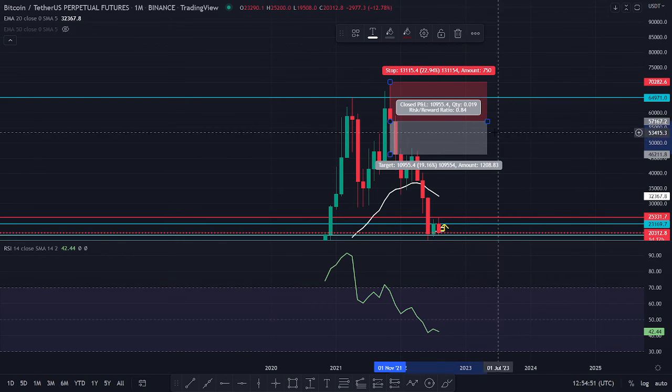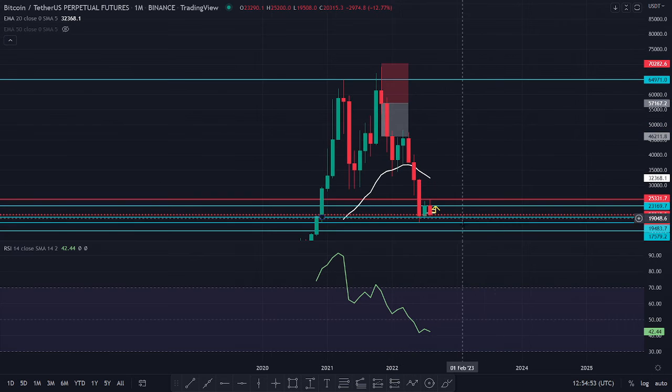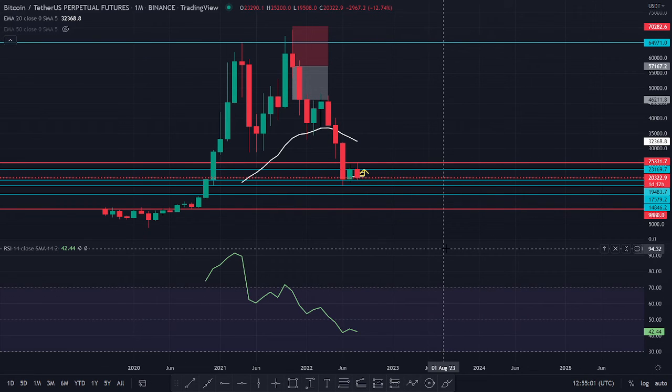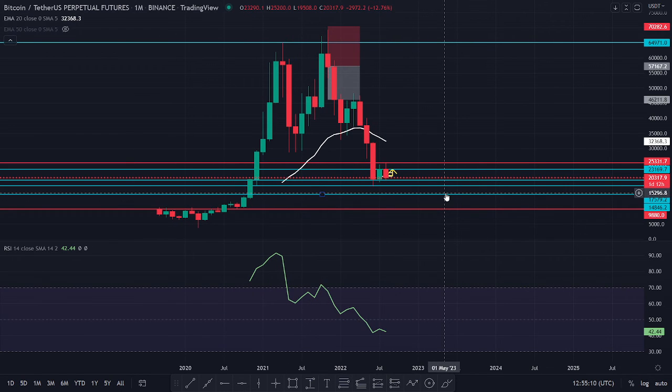And look at the RSI on the monthly chart, guys. RSI is neither at the overbought level nor at the oversold level. So this RSI is indicating that Bitcoin is further going to be going below, possibly till 10K right here. And there is a major support at this $14,000 and $10,000 right here. $9,000 is going to be acting as a major support. If $9,000 breaks, that's going to be a literal total crash. All right, so this is what is going to be happening.